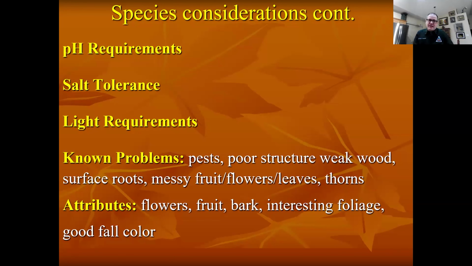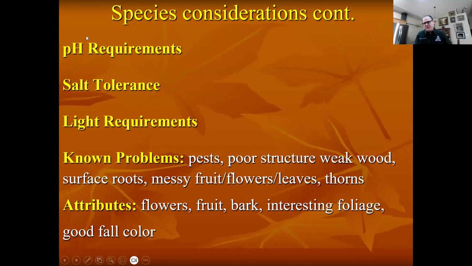If you're planting a tree that has a narrow pH requirement, which is how acidic or basic your soil is, test your soil first before you put it in. Some of the oaks and a lot of the maples and river birch too, especially, get what's called iron chlorosis, where on higher pH soils, they can't get the iron out of the soil and they have chronic health problems because of it.